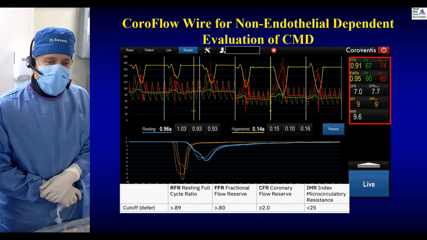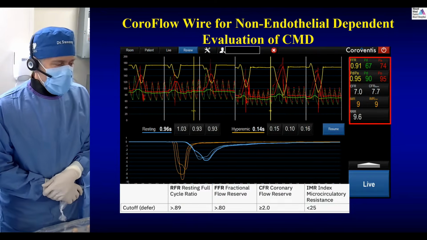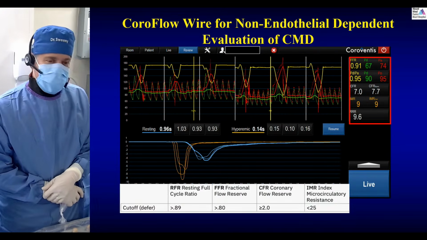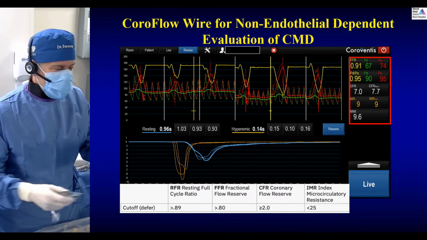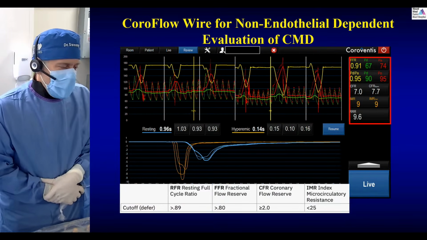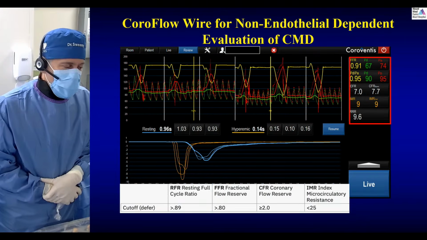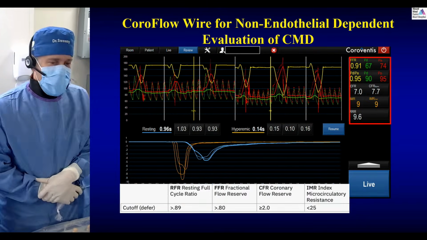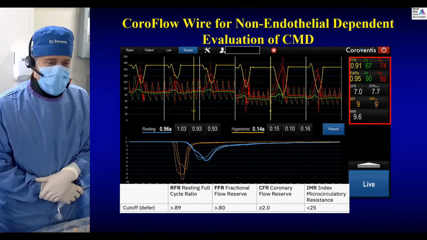And then through that, this software provides us with coronary flow reserve. It provides us with an index of microvascular resistance. It provides us with a resting full cycle ratio. And all that comes up in a nice user-friendly screen. And there are set cutoffs for each of these. A normal CFR is anything greater than 2.5. And a normal IMR is anything less than 25. So this is actually now the second part of the CFR testing where we give adenosine to induce